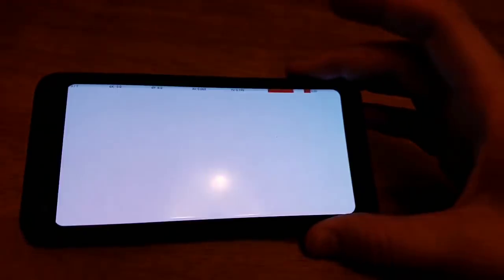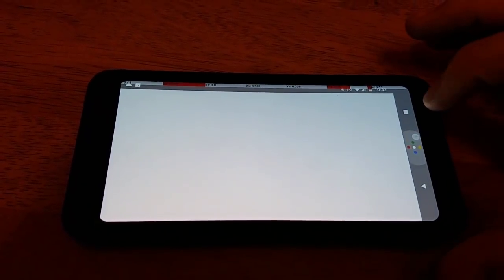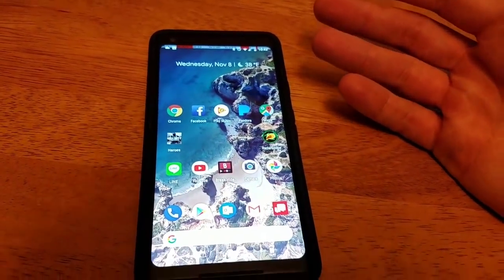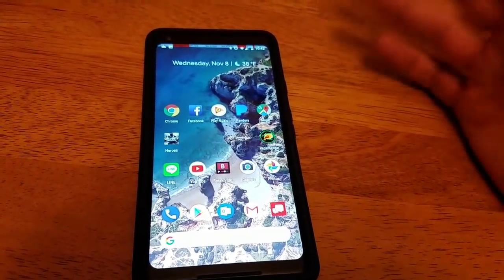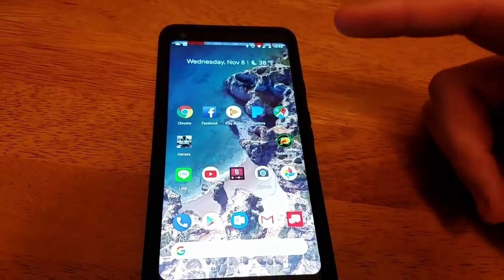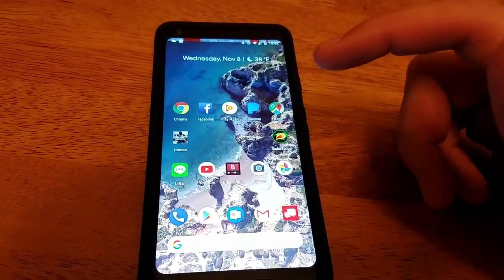So there are dead zones on this phone, and if you use apps or need to get to those areas, just be aware of that. Hopefully this can be fixed in a patch. So anyways, that's kind of my little review of the Pixel 2 XL. Overall, a great phone, great pictures, great screen. My only complaints again are the dead zones in the touchpad and the touch screen, and then the fact that